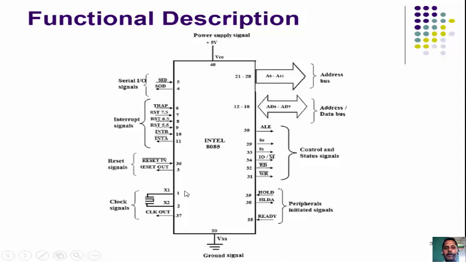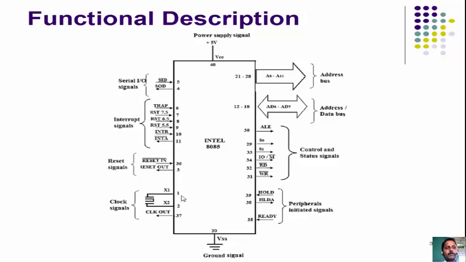In this diagram we can see that on pin number 1 and pin number 2 one crystal is connected. The value they have not shown. Usually we connect a 6 megahertz crystal on pin number 1 and pin number 2. Then internally we get a 3 megahertz clock frequency, or the internal clock oscillator will generate a 3 megahertz clock signal, and the same 3 megahertz clock signal we can get by using pin number 37.